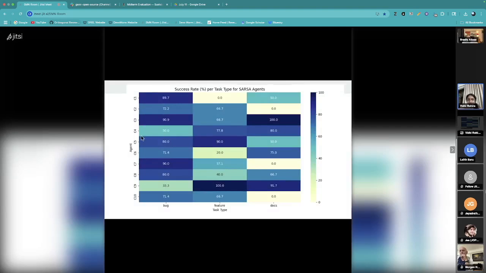Then I just wanted to visualize it a bit better. So I had a graph for it, and each contributor agent will have some kind of success rate. The same success rate which is mentioned over here is visualized in the graph. And based on that, the darker it is, the higher the success rate. And blank means it hasn't done anything, so it's 0%.